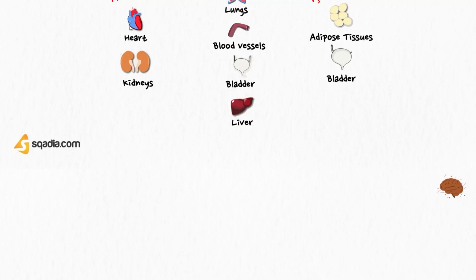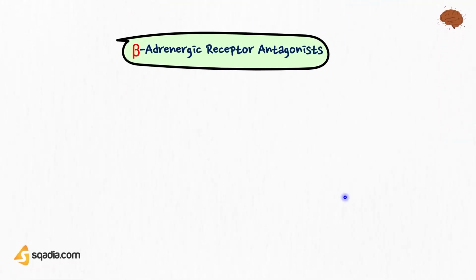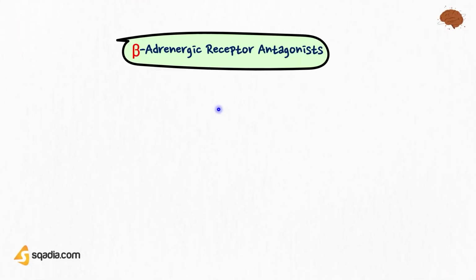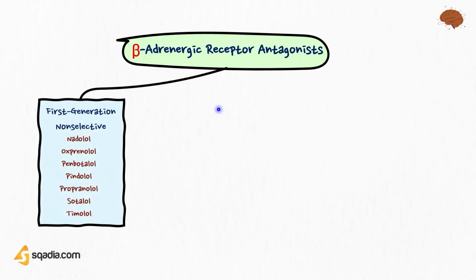Next we are going to move towards classifying the beta receptor antagonists. Note here, we talked about beta receptor stimulation in the previous slide. Now we will be talking about beta receptor antagonists, which block the beta receptors. And when we block beta receptors, all of those events that are happening in these tissues and organs will change direction. The beta adrenergic receptor antagonists can be divided into 3 generations, like first generation, which is non-selective,